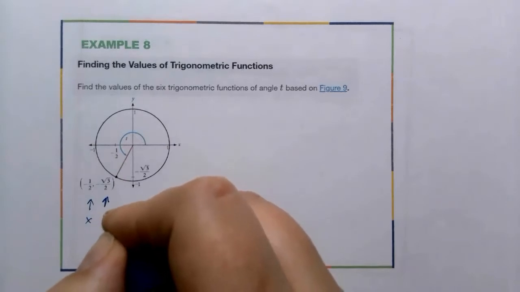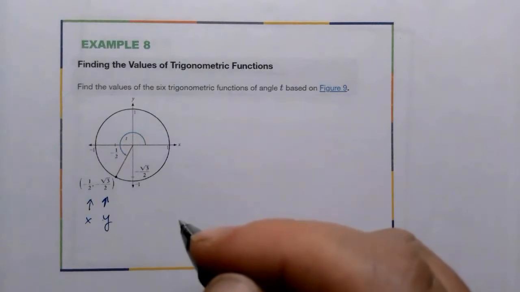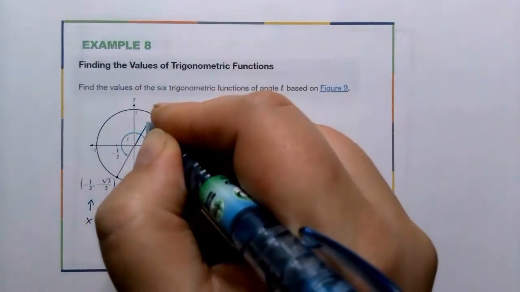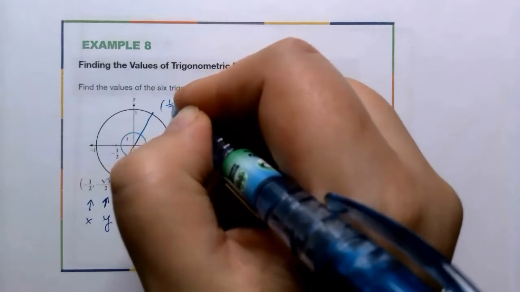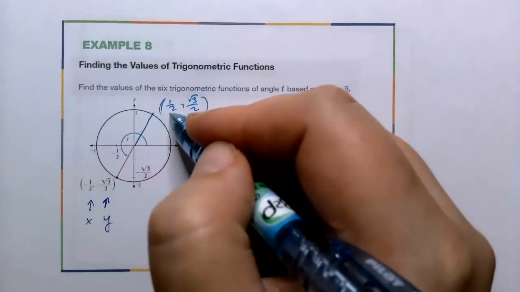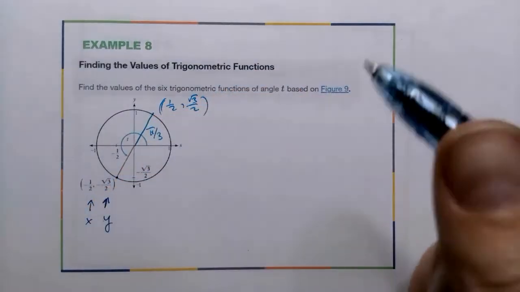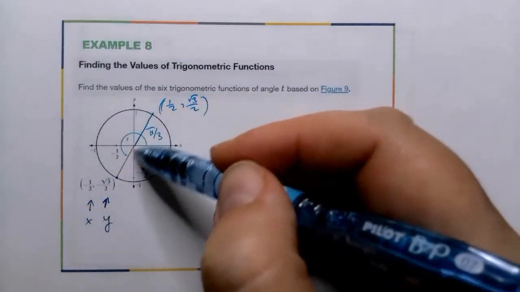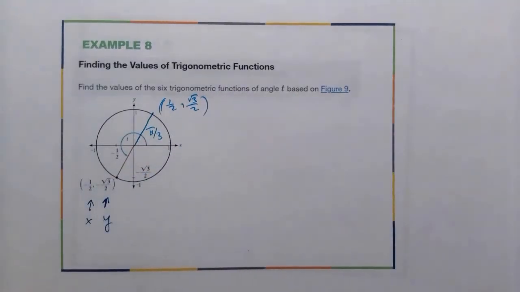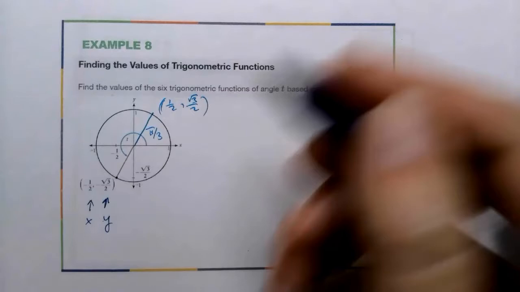And I hope you do recognize those values. Positive 1/2 and positive square root of 3/2 is the x and y coordinates of the angle of pi/3 or 60-degree angle. So this angle is in the third quadrant, so both x and y are negative. That's some background information, but what you need to know here is that